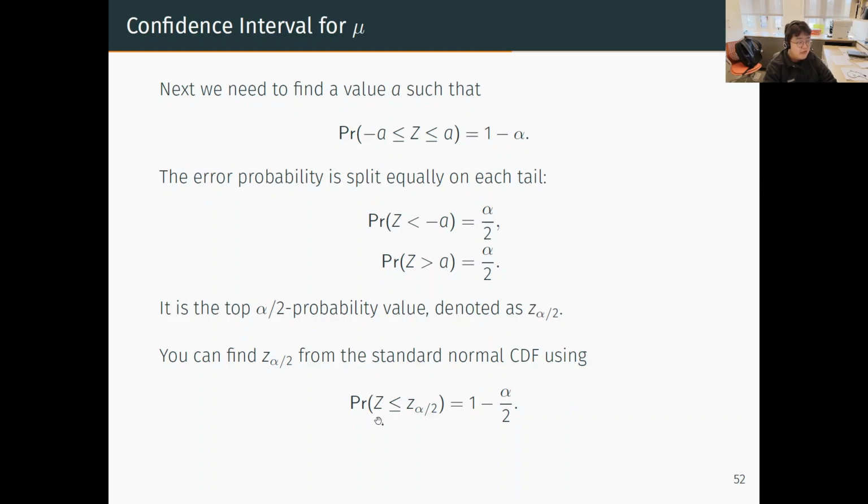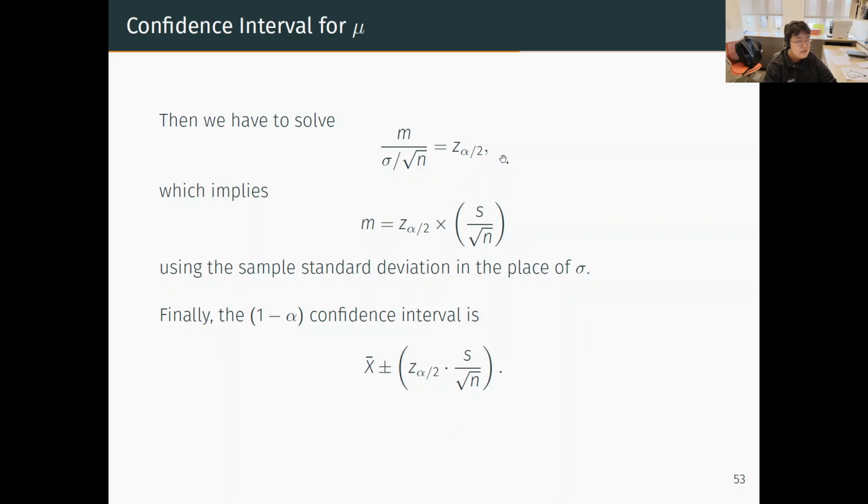So then we are going to equate the margin of error divided by the standard deviation equals the chosen value from the standard normal distribution, right? Which implies, by moving this term to the other side and replacing the unknown standard deviation sigma with its point estimator S using the sample variance formula, that you are going to get the margin of error